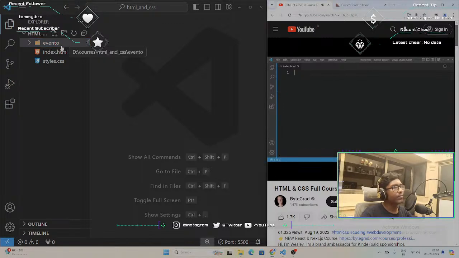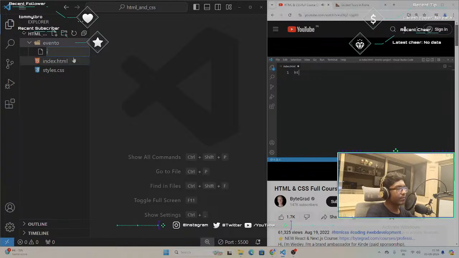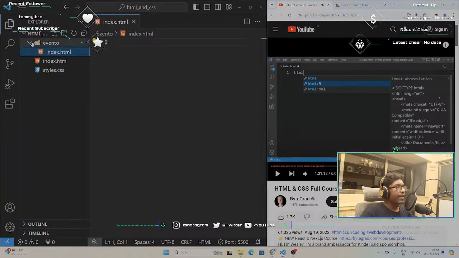And I'm gonna close the sidebar for now, just so we have a little bit more space. So let's start with the overall structure. So what you can do is you can type HTML, and then Emmet gives us some suggestions here, and we want the second suggestion. And if you then press